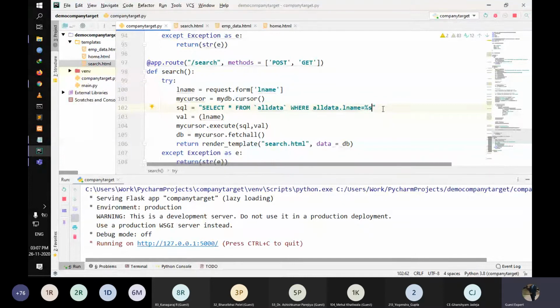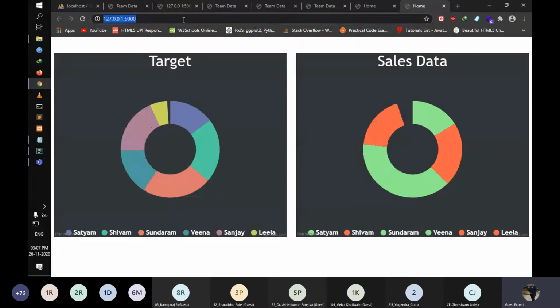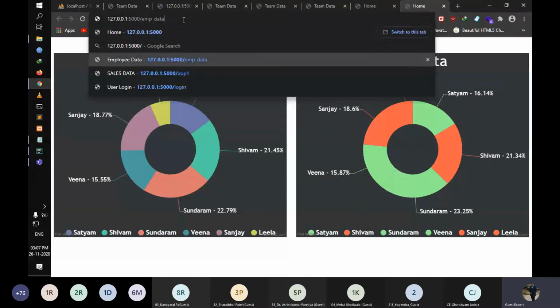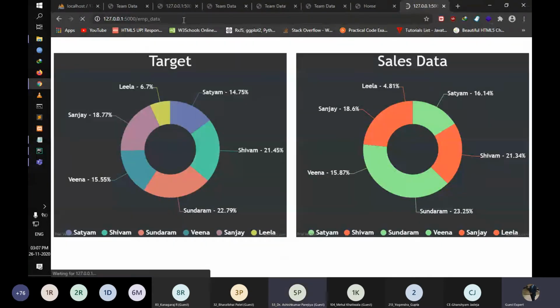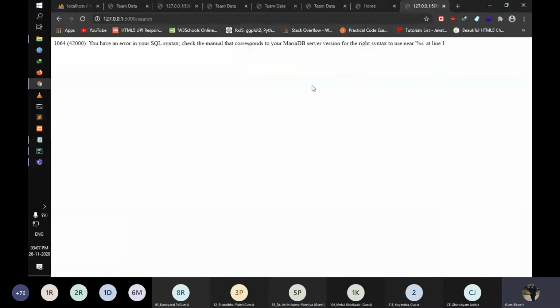Run it. Let's see what issue it is. Wait, this percentage has a valid meaning, so why is there an issue?